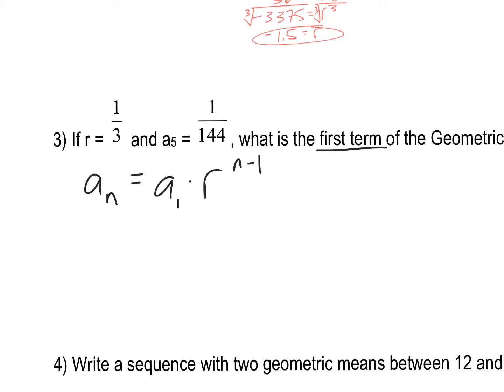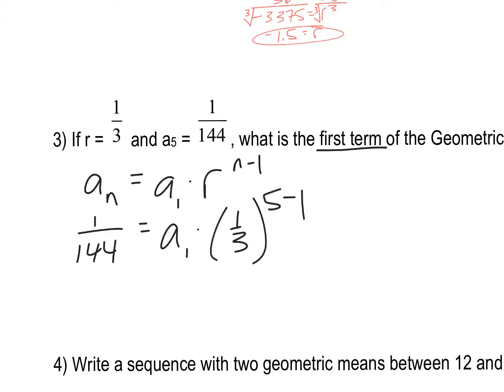A sub n is 1 over 144. I don't know what A1 is. That's what I have to solve for. R is 1/3. The n is 5 in this case, so 5 minus 1 is the 4th power. 1 over 144 equals A sub 1 times